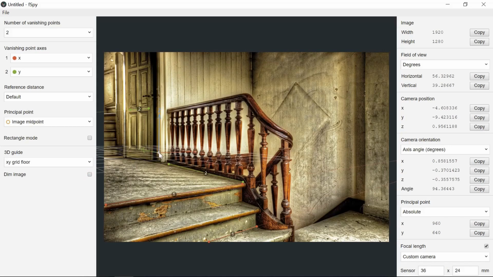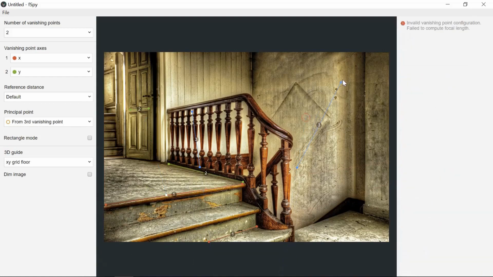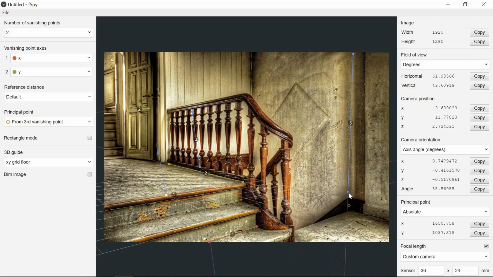Just pull the grid down onto that landing there. We'll go in here, and if you click there, we can get the 3rd vanishing point, which will be the Z-axis, which are the blue lines. So we'll try one up here. Follow that sort of bump in the wall down. That has solved,